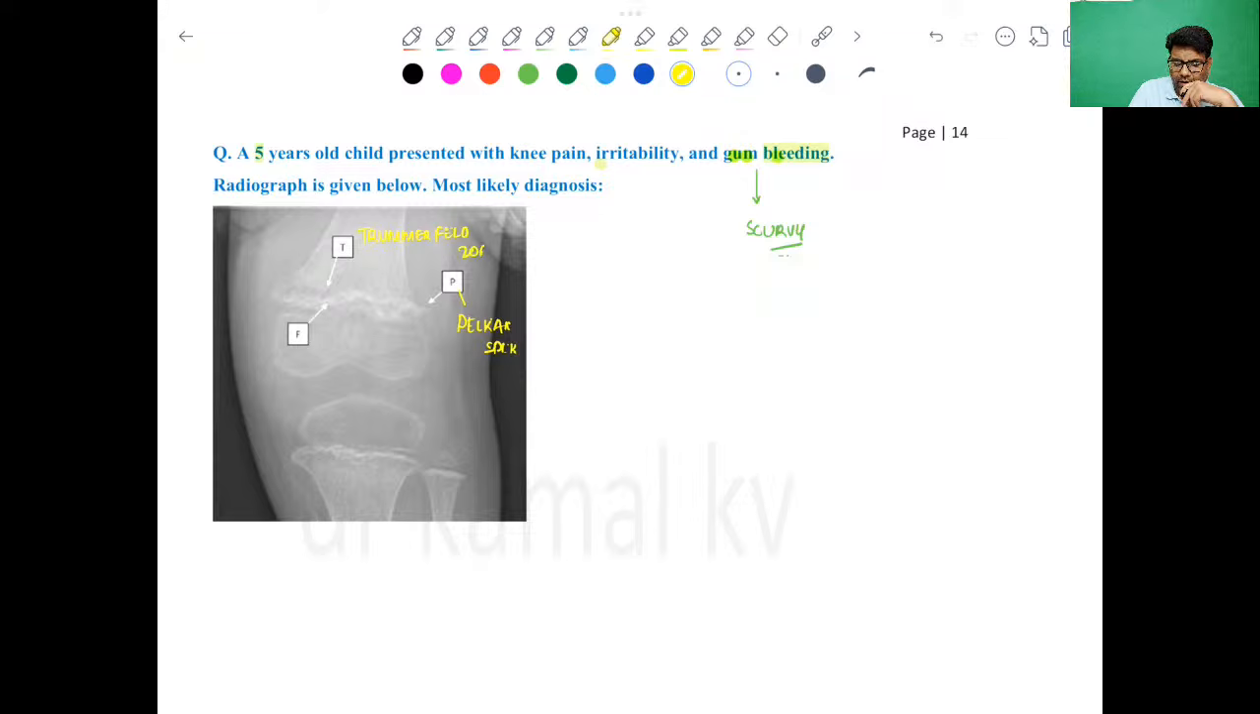Right? So this is Trümmerfeld zone. And F is the white line of Frankel. So these are a few important radiological features in scurvy, right? So Pelkan spur, white line of Frankel, Wimberger ring sign is also seen in the epiphysis, and the classical clue is